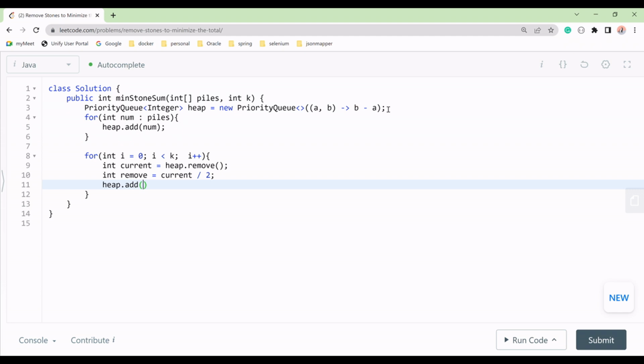Heap, and that is what? Current minus remove, we will take current minus remove, right? That we are doing here, correct? After that, we have to check all the values, right? Not here. We have to go outside, and then we will take one int answer. Okay, we will take an answer, and that is 0, and then we'll check for all the